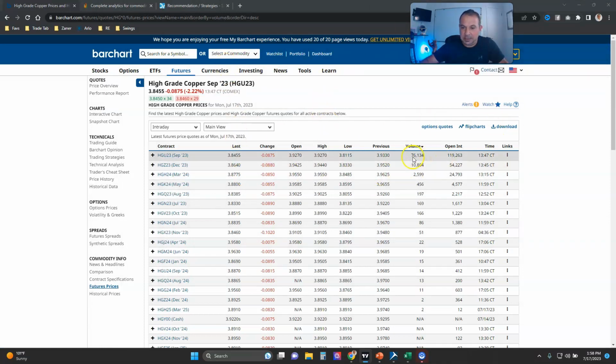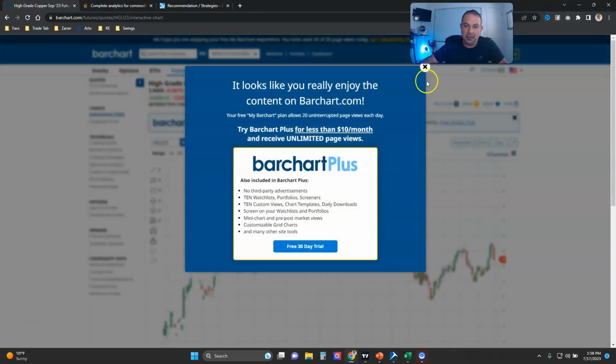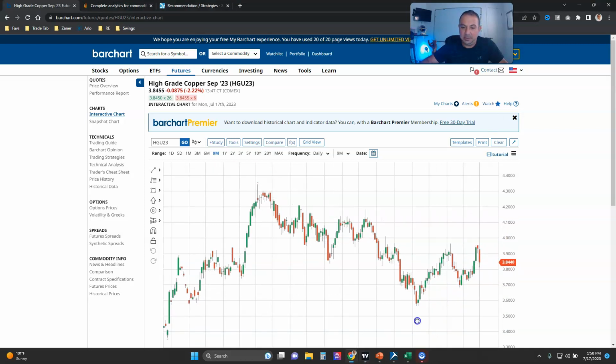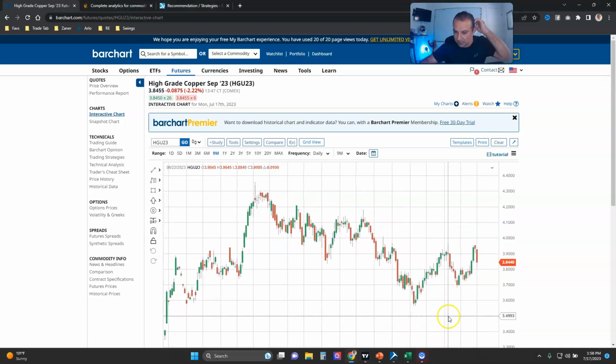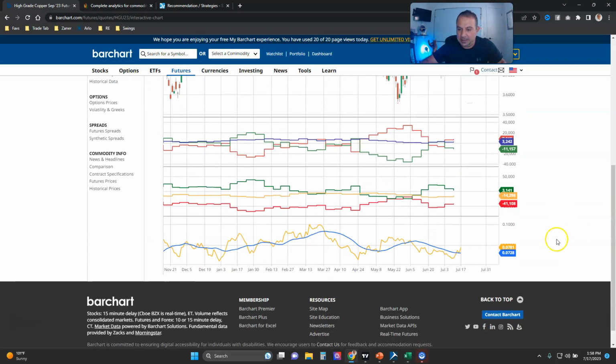But if we just did the same thing here and pull up the interactive chart on the outright of September copper, we rallied a little bit last week up to these highs and then sold back off Friday and today. I think something with dollar index too. We talk about correlated, uncorrelated markets. But if we look at this ATR, a 20-day moving ATR is